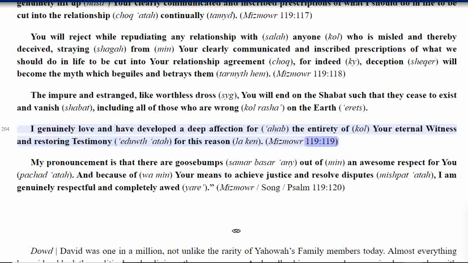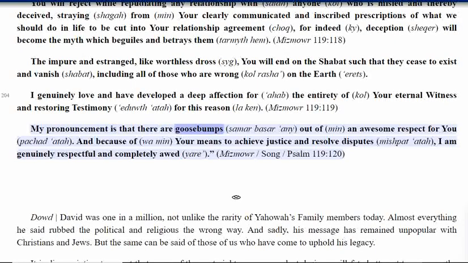Mizmowr 119:119. My pronouncement is that there are goosebumps out of an awesome respect for you. And because of your means to achieve justice and resolve disputes, Mishpat, I am genuinely respectful and completely awed. Mizmowr, Song, Psalm